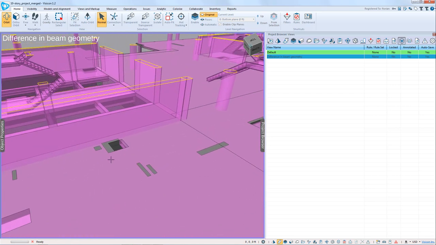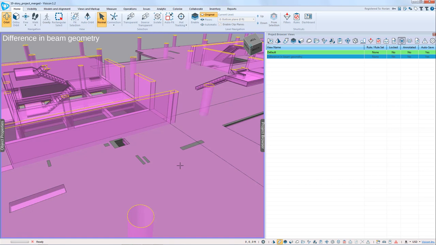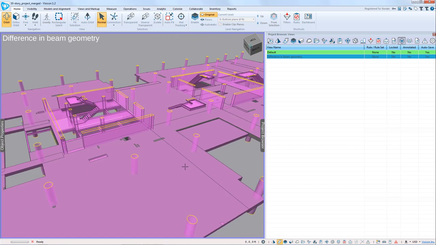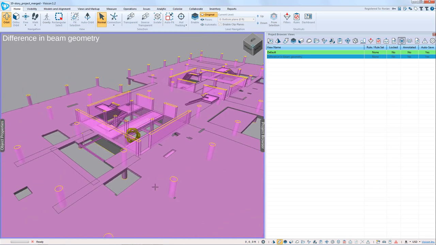We can see there are some differences in the openings. Here, both models have an opening, but they're slightly offset. Again, I could maybe live with that. And here are examples of openings in our pink Revit model that are not reflected in the Adapt model. Again, it may not be important, but this is an easy way for you to identify